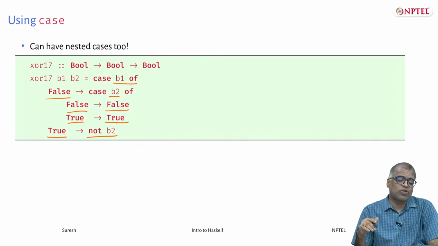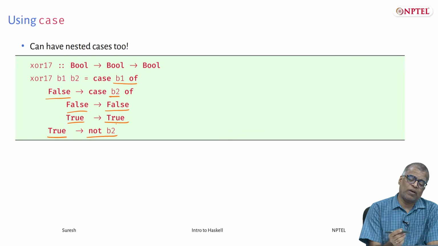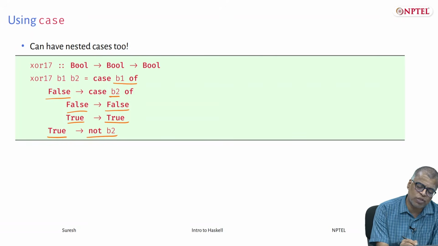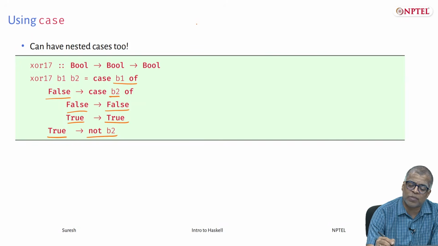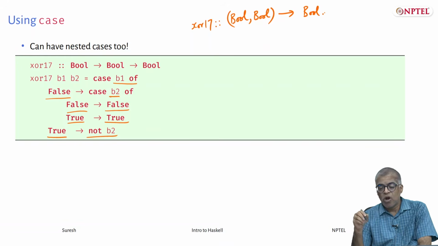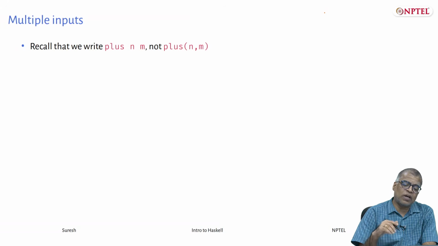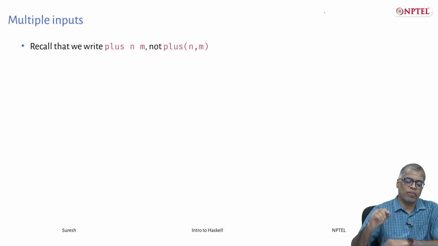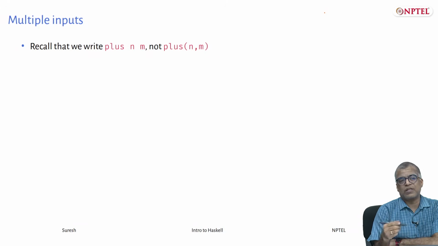Okay. So, now let us resolve one of the issues that we kept as a mystery earlier, which is why is this type written as bool arrow bool arrow bool, whereas normally in mathematics I would have written it as XOR from a pair of bools to a bool, is what I would have written in mathematics or in some other languages. But here I am writing it as bool arrow bool arrow bool. So, let us tackle this issue now.